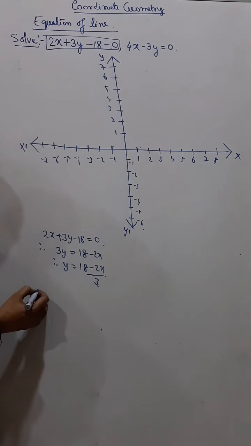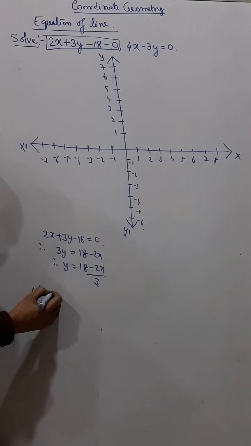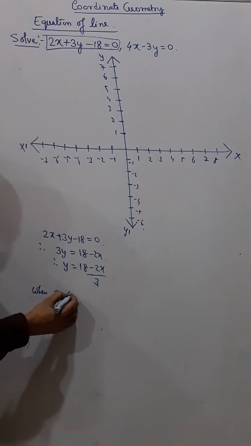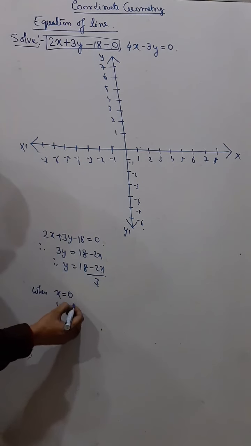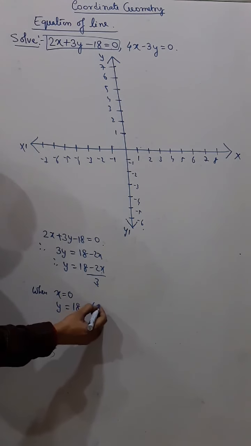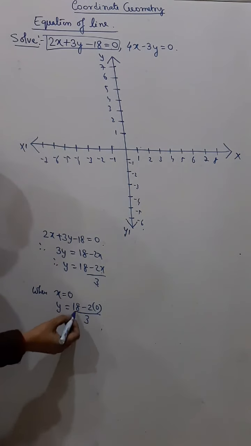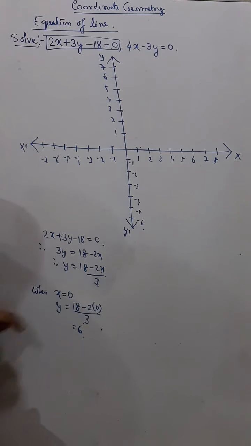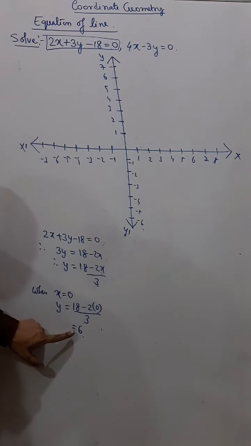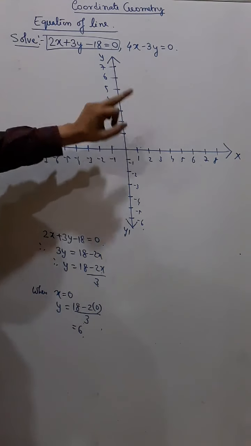Now try to understand. Say if you take x equals 0, what do you get as y? You get (18 minus 2 into 0) by 3. You get 18 by 3 and you get 6. So this is a proper value. So this is okay, this we can take. X equals 0 we can take, because we are getting a proper value of y. We are not getting decimals or unnecessary fractions, because then we'll have a problem in plotting the graph.